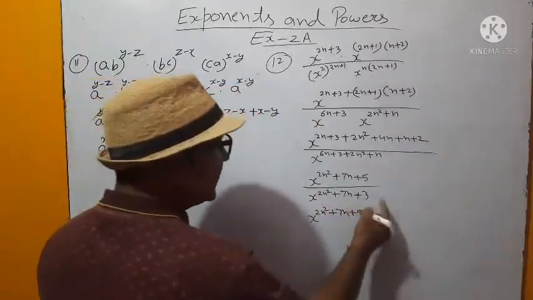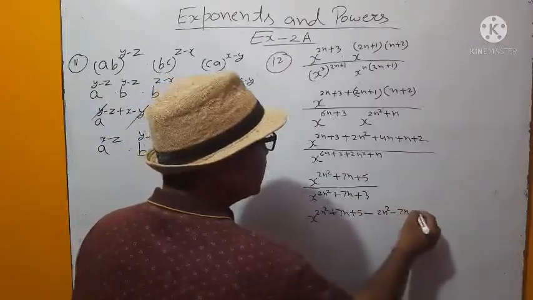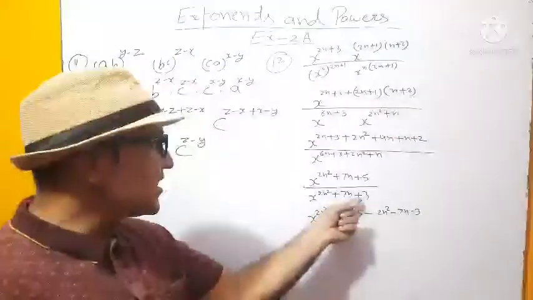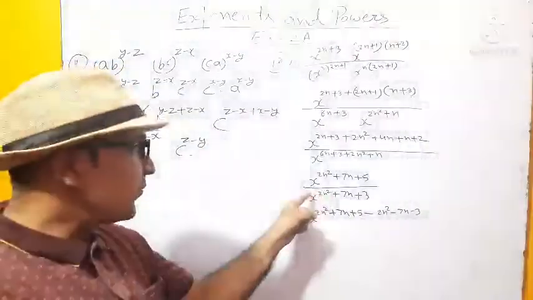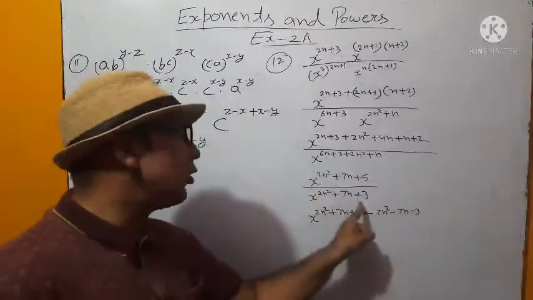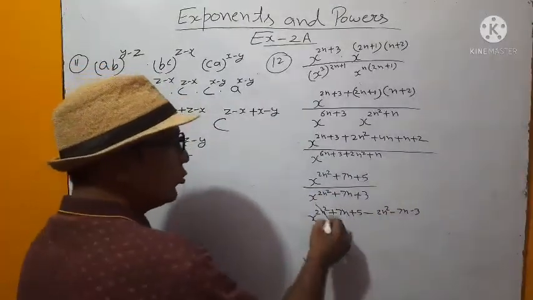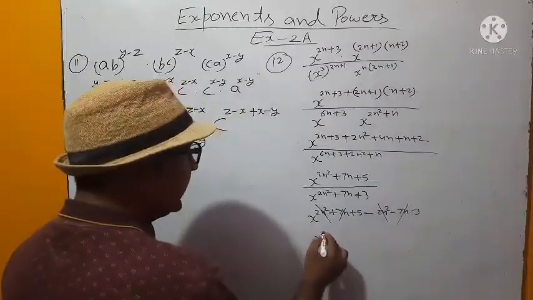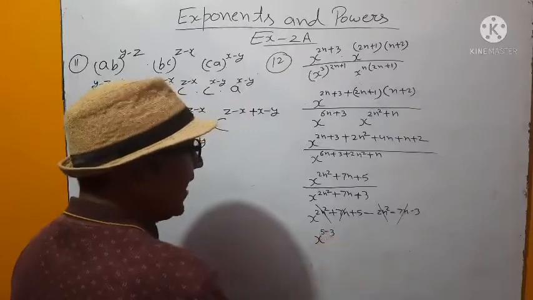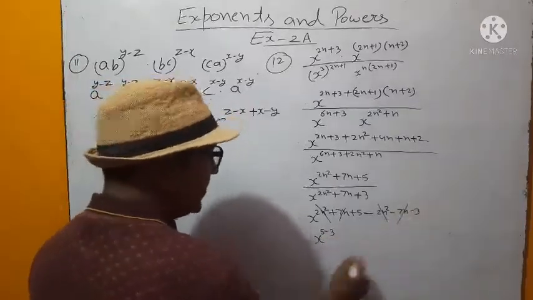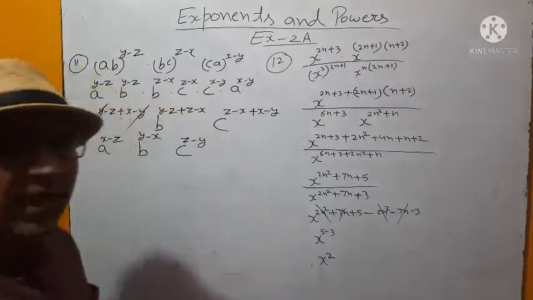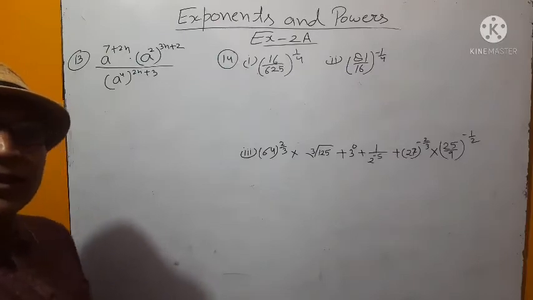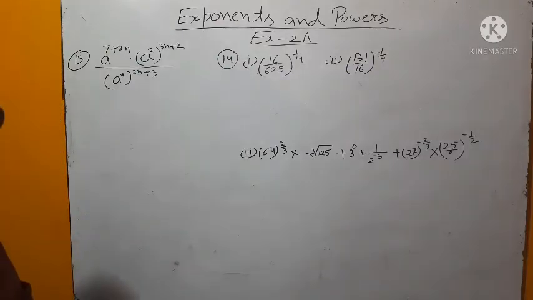When we subtract this power, all the sign will be changed, because when this power will be subtracted, means before it we will put minus, and before it if we put minus, then all the sign will be changed. 2n square becomes 0, 7n becomes 0. You are getting x power 5 minus 3. This 5 and this minus 3 is remaining, means x square, and it will be your answer. Understood? Okay children, now see the question number 13 and 14.